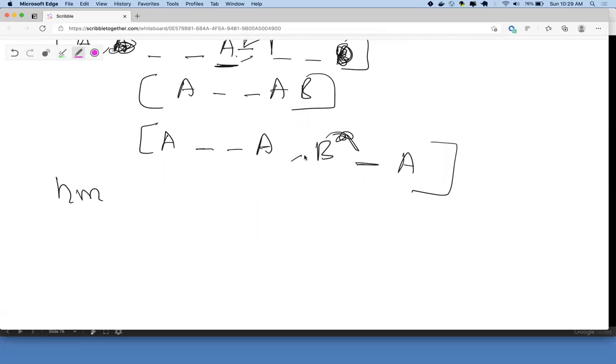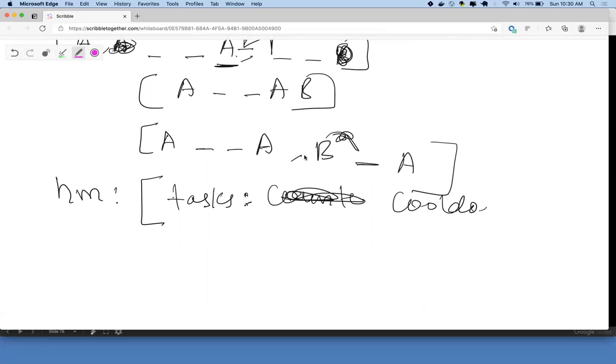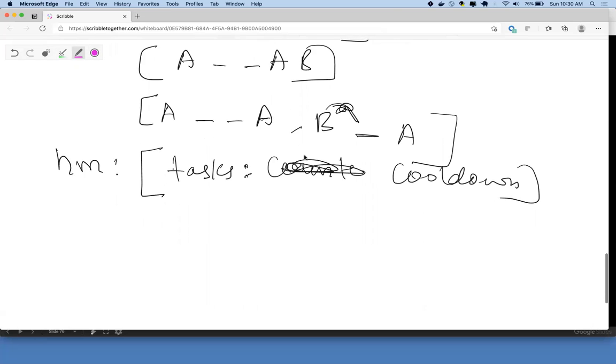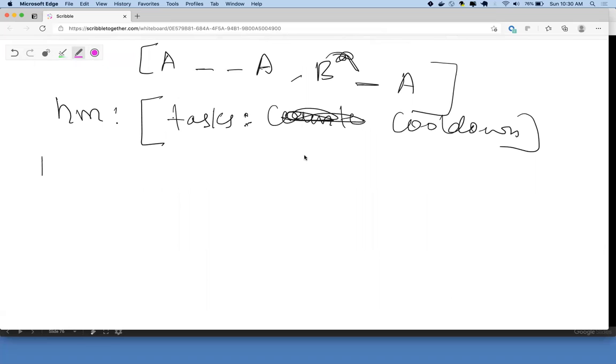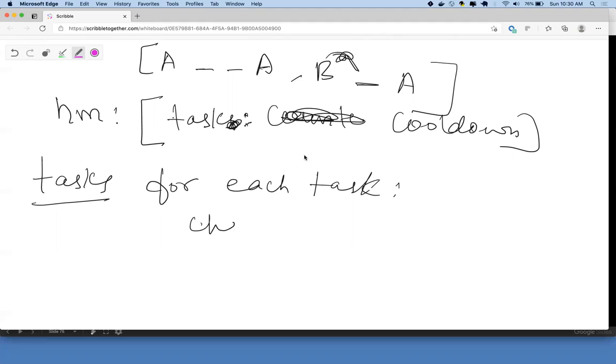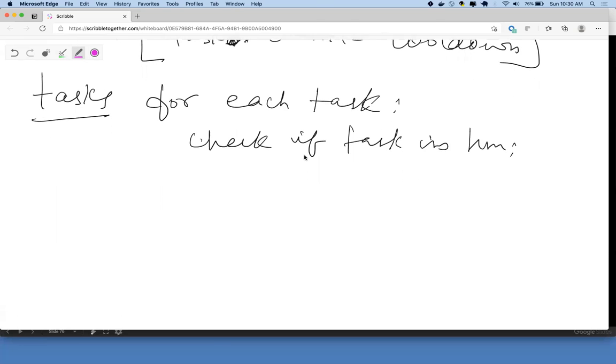So what he's doing is he creates a hash map. He puts all the tasks here, and he tracks their counter, how much cooldown time is left.